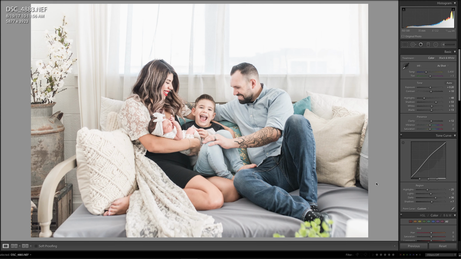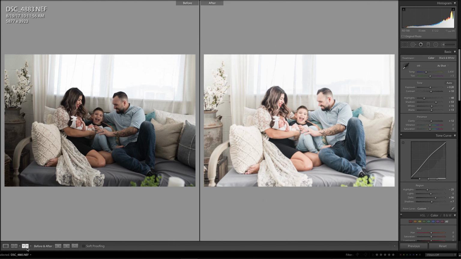And there you go. And I'll show you a before and after here, side by side. I mean, that was nothing fancy. That was only a few minutes and nice and bright. And you can see here, it did not start out that way straight out of camera. So thanks. I hope